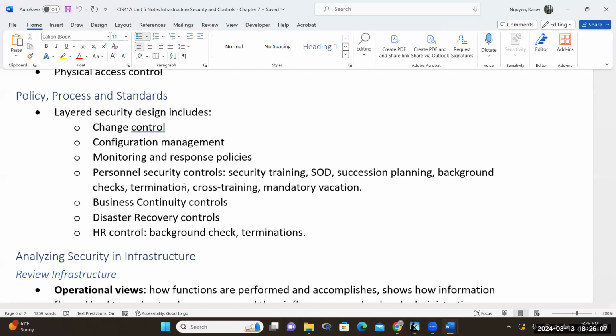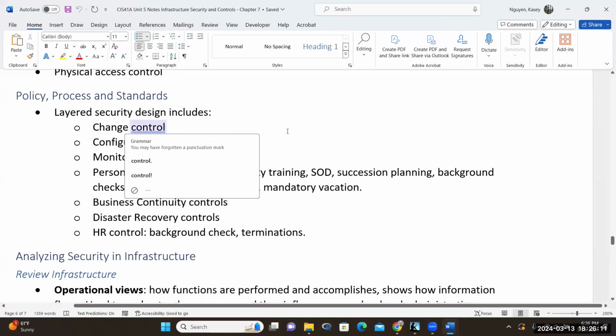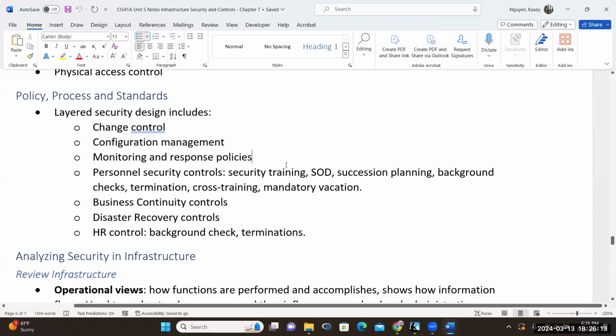So the design includes, these are the things. So you need to have a checklist: change control, configuration management, monitoring responses policy, entailing that could be many things, right? Personnel security control, business continuity control, disaster recovery control, and HR control. So